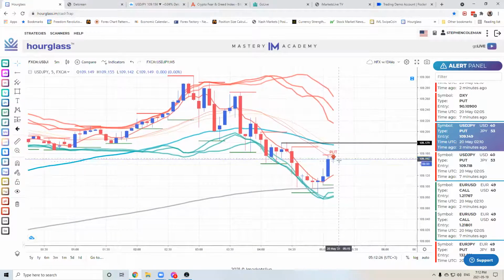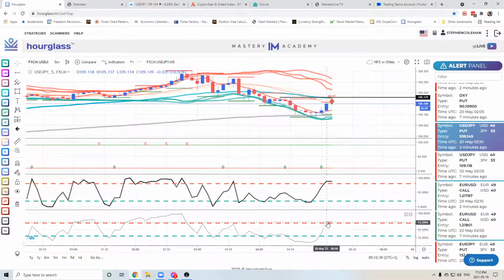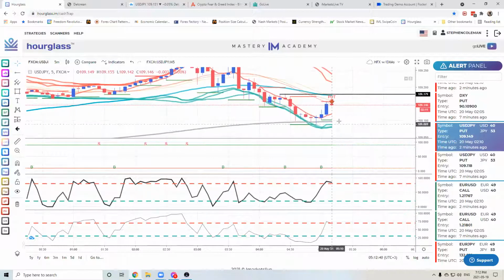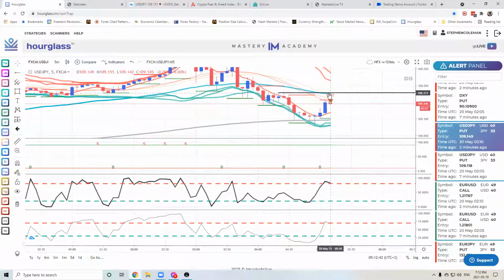Okay, so we're going to hope that UJ does still have some upward pressure. I like that both RSI and stochastic are set up. You could, if you wanted to, take this. They're starting to cross down. You could take this for a put, but I'm not touching it until it comes up here to the 50 EMA